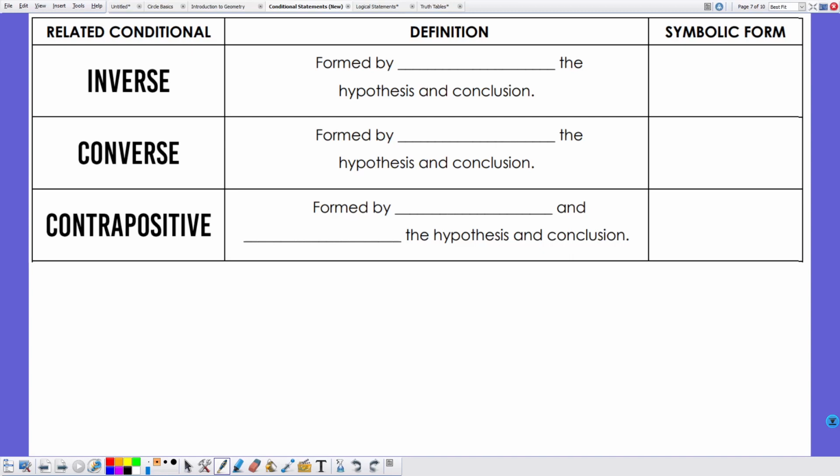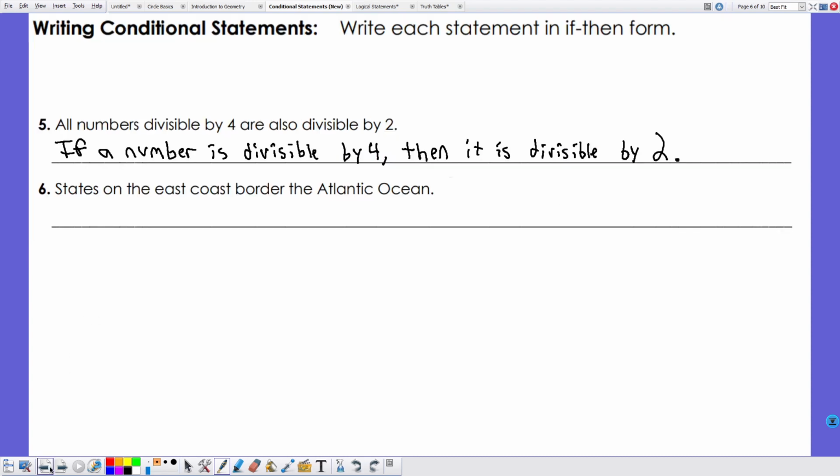Hello again. So now we are going to cover ways to take the if-then conditional statements and alter them and get these different related kinds of conditionals that we can use, and we'll see how to determine the truth values of them and all that. So just as a reminder, the if-then statement, if we go back,